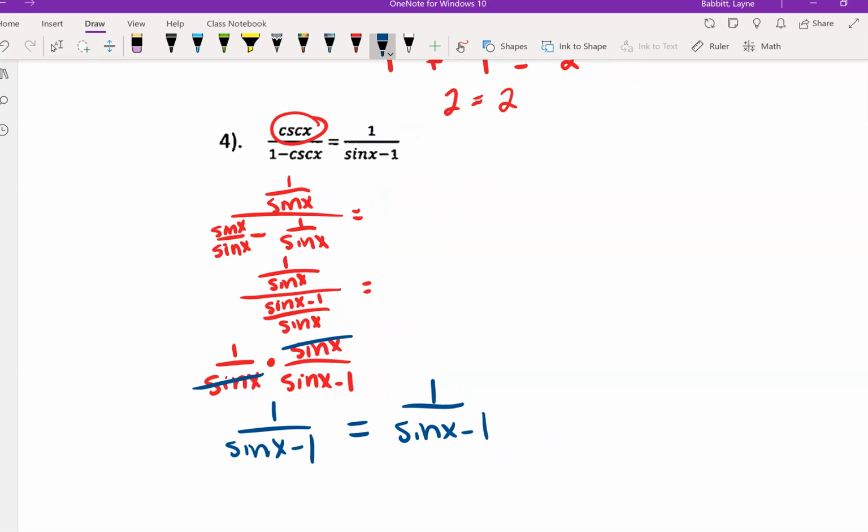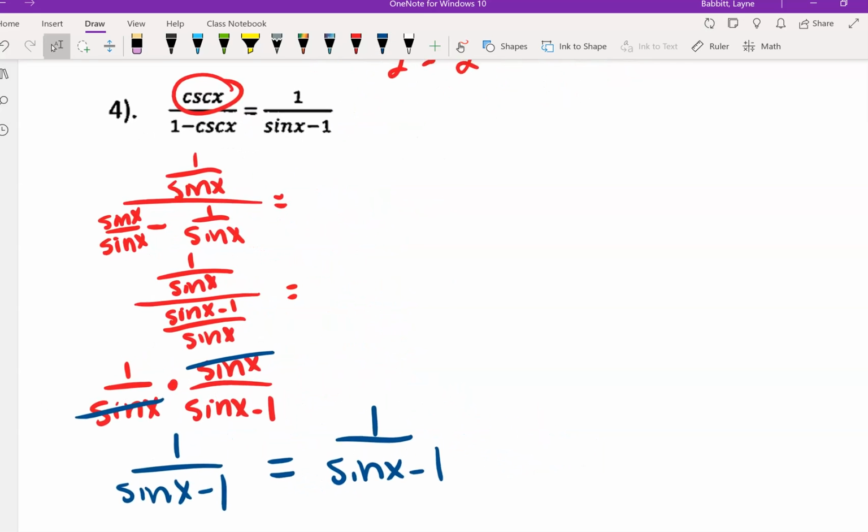Alright, so that's one way to do it, and that's the way that I would expect most of you to do it, because changing to sine and cosine was one of the strategies that we had taught you. But I was looking at this earlier and I noticed another thing that you could do. Just like all your proofs in geometry, a lot of times there's more than one way to do it. So another thing, which wasn't one of the strategies that we taught you, but was something that I noticed,